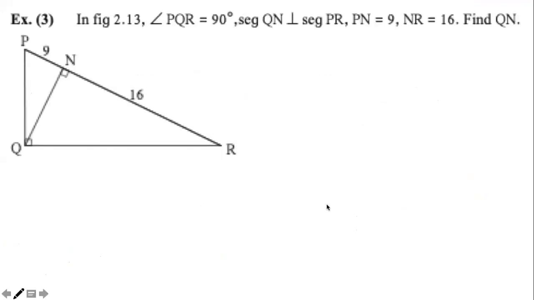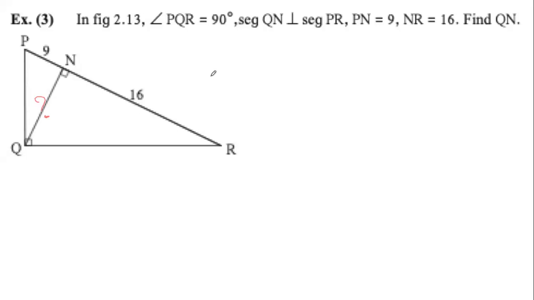First question. Triangle PQR in which angle PQR equals 90 degrees. QN is perpendicular to PR. PN is equal to 9. NR equals 16. We have to find QN. I will show you on the screen where QN is. We have to find this. Use what we studied just now and find the value. Share it with everyone in the chat.